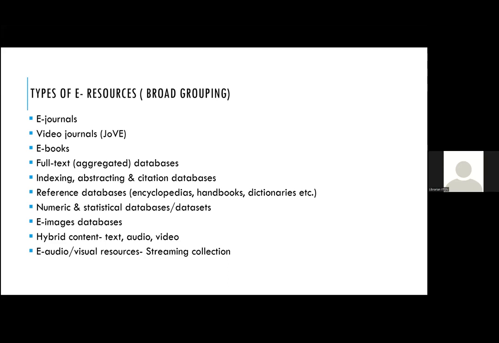You have content which comes with text, audio, video, and there are image databases, like JSTOR itself has an art database. Take any example and you see that there is an electronic version available. So largely, most of the scholarly content that we would like to have as part of our collection is now available in electronic form.